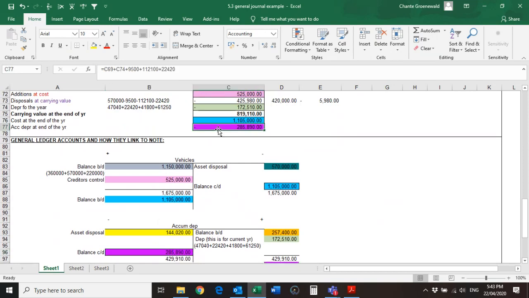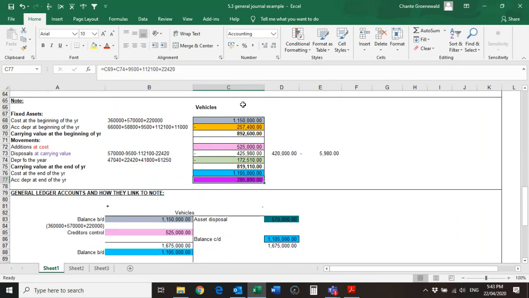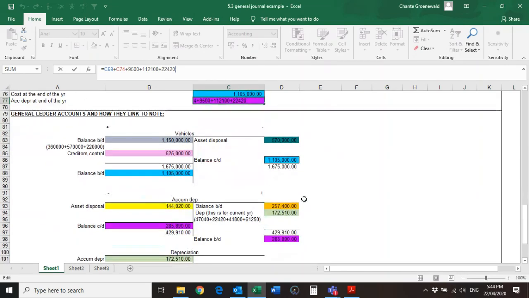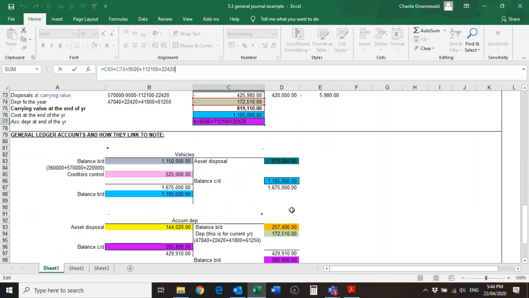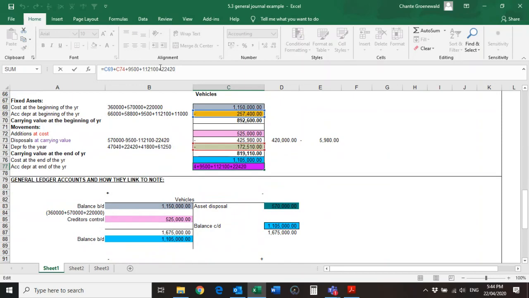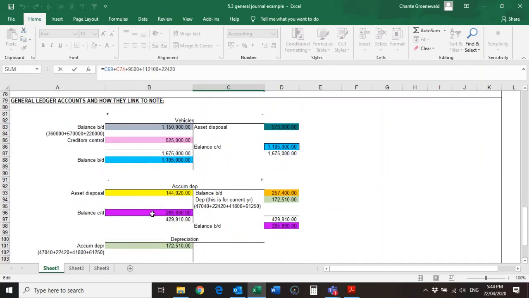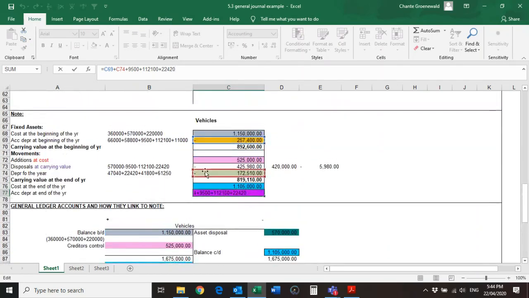But if you don't want to do this T account and you only want to do the notes, how in the world are you going to know what to add or subtract in order to get to this answer? Here's the answer. I'm going to take my accumulated depreciation amount at the beginning of the year. I'm going to then add my depreciation because it's increasing my accumulated depreciation, can you see? And I'm going to subtract all of the depreciation that I'm taking out of the asset that I disposed of.